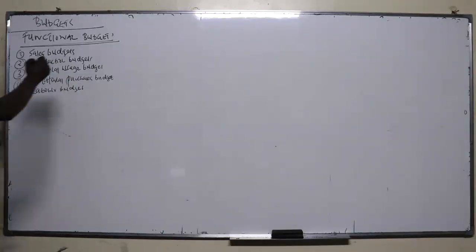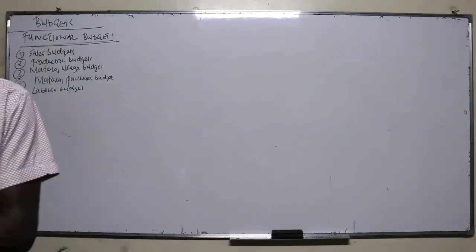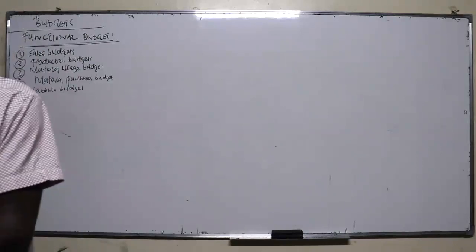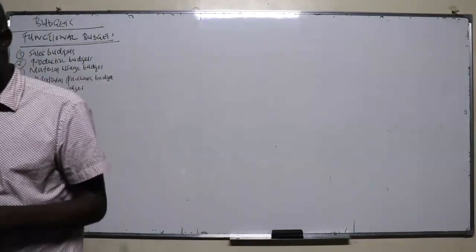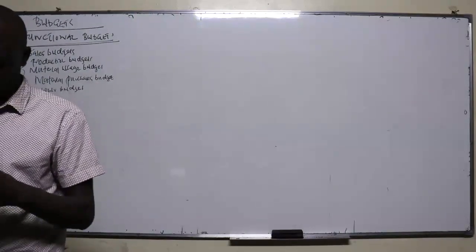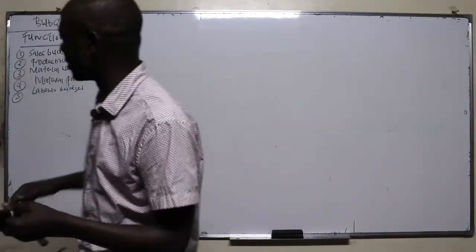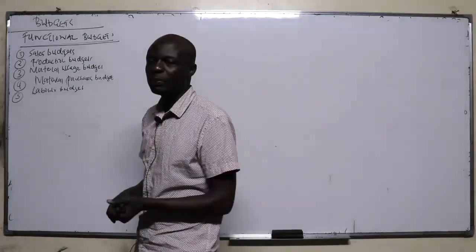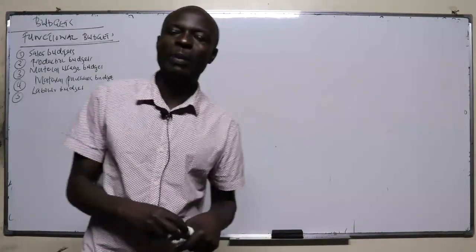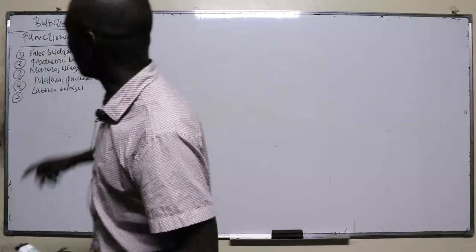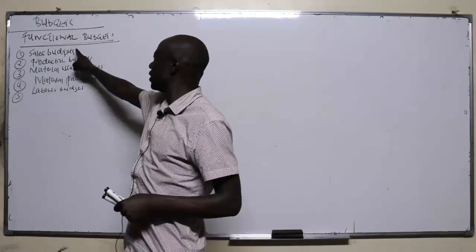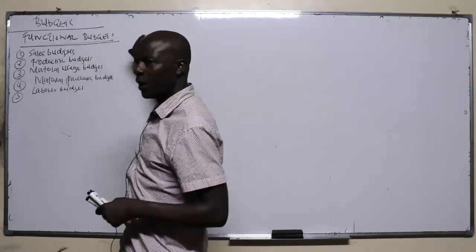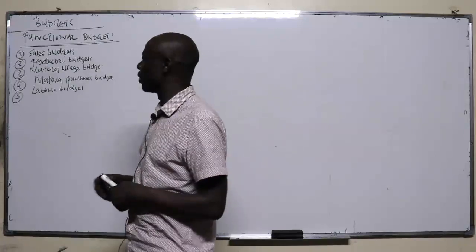So now the first one, sales budget. Remember, budget is an estimate. So if you're preparing, you are estimating in advance based on other factors, your experience in business, you can estimate the total value and the total quantity of sales. How do you prepare the sales budget? You take the estimated sales units and multiply by the selling price per unit. And then the production budget.